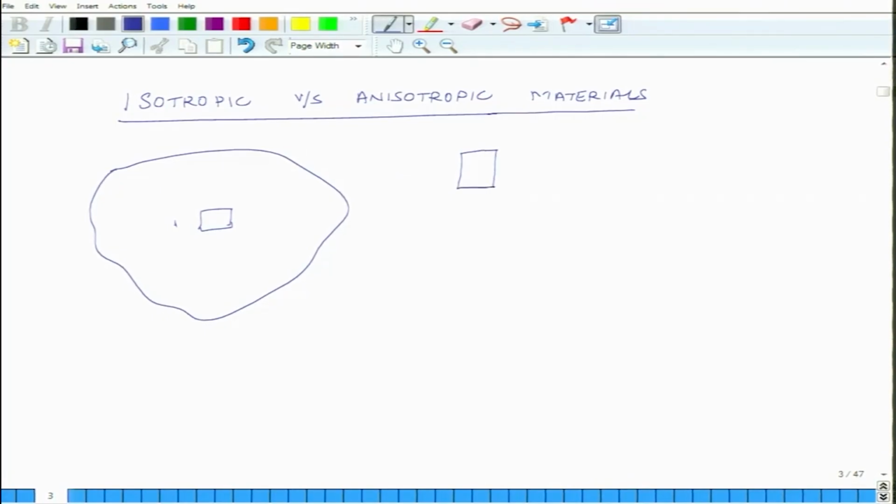So, this is the sample. In the first case you apply, so let us say this is my x direction and this is my y direction. So, you do several experiments. You do experiment 1, and in this case you apply Fx, that is force, you pull it in the x direction and you measure the strain in x direction and you plot strain in x direction versus